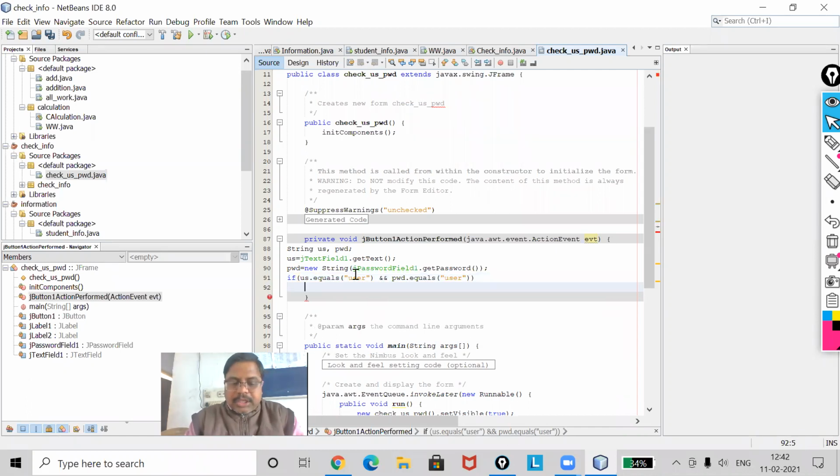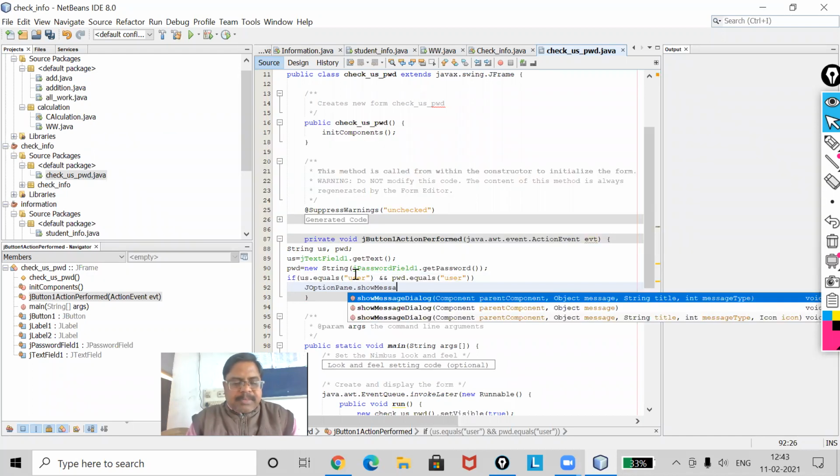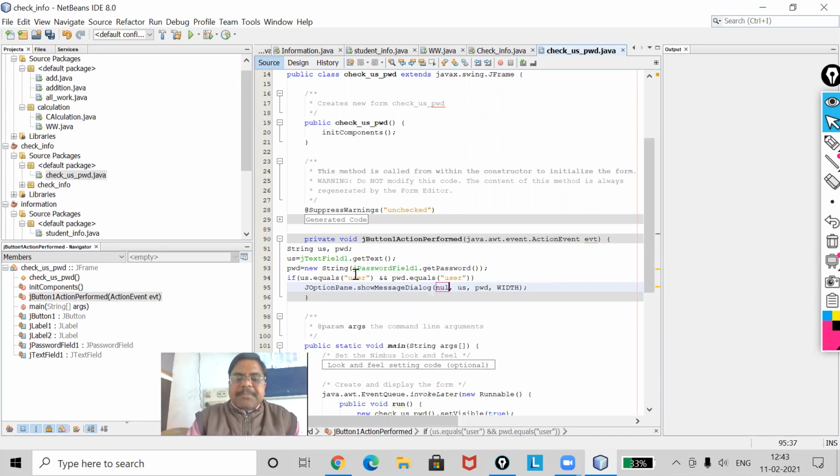Then it will show the JOptionPane dialog box. I'm going to use JOptionPane dot showMessageDialog. This statement you have to learn, my dear. And what will be my message? Login successful.